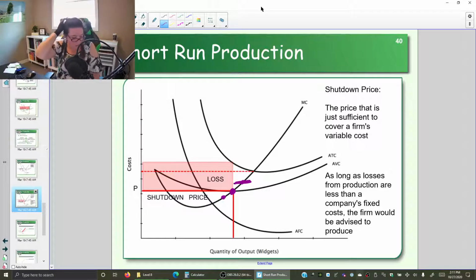One more thing on the shutdown price before we leave it is what's happening with oil prices. And as we look at oil prices, we have to consider that there's a shutdown price and a break-even price. So when we look at the price of oil,